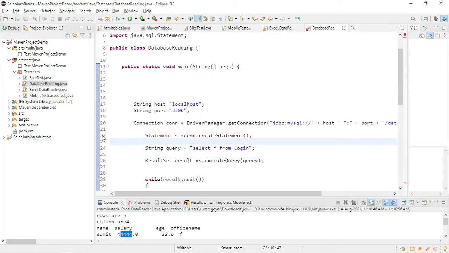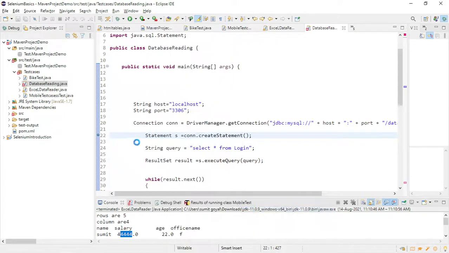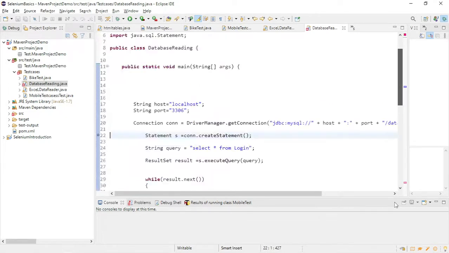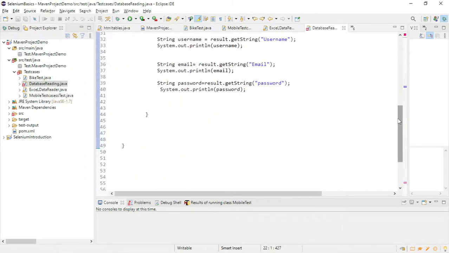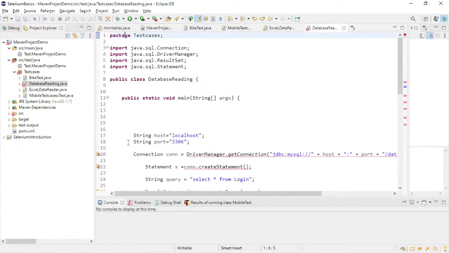Let me debug the program. This line is very, very important. Otherwise, again an error is coming. So I think somewhere a brace is missing. Let me remove it. Okay, so now save it. Okay, it is not an error. It is just like this.